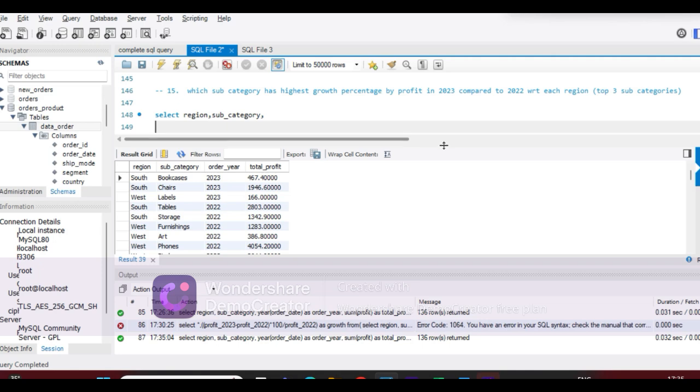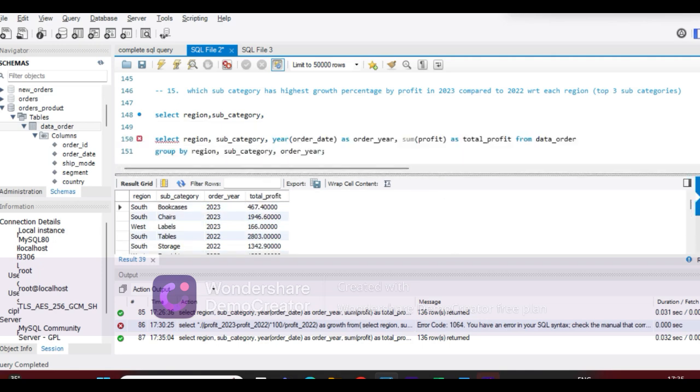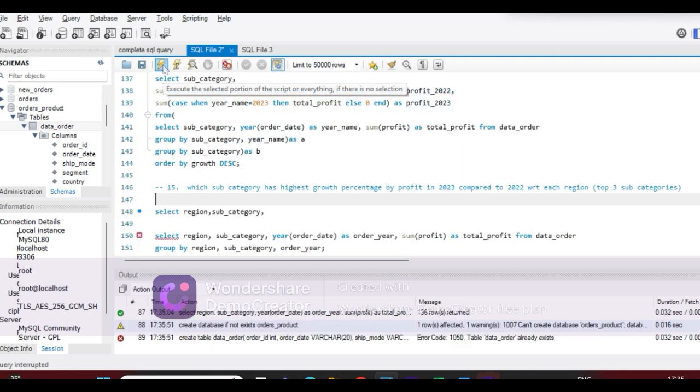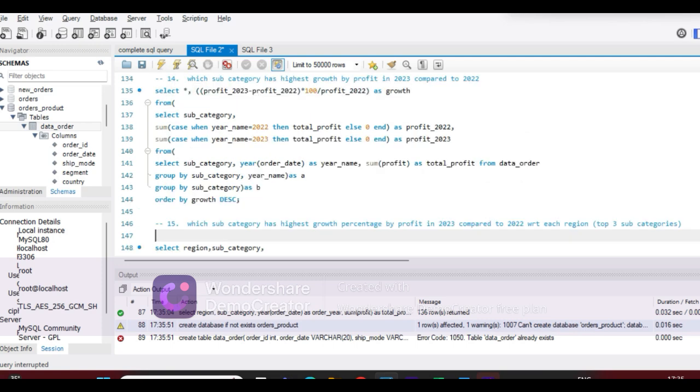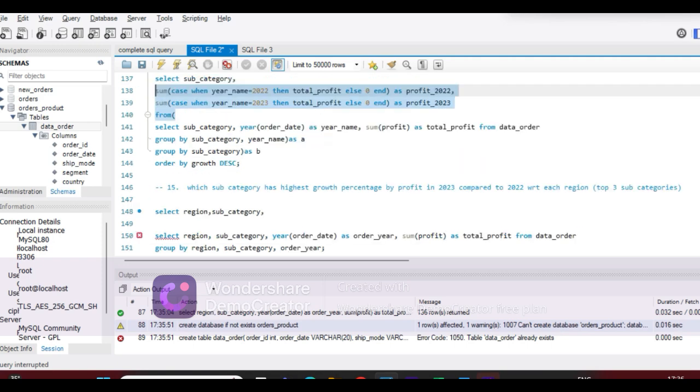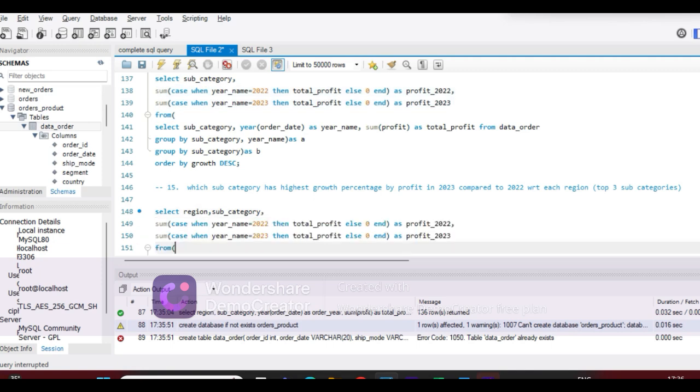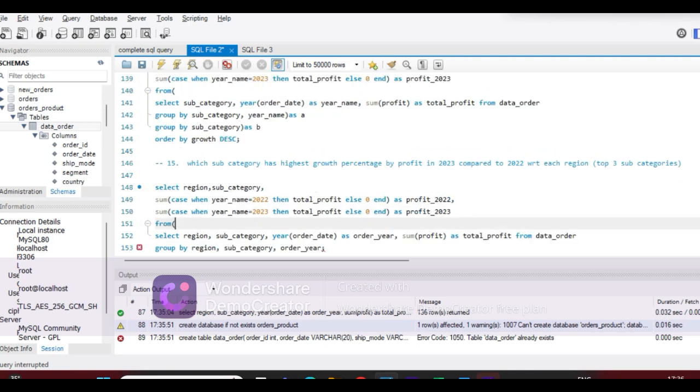So we have already done this, so let's just copy paste this. Select region, subcategory, sum case when order year is 2022, then give me the total profit, else 0 as profit 2022. Similarly, profit 2023,